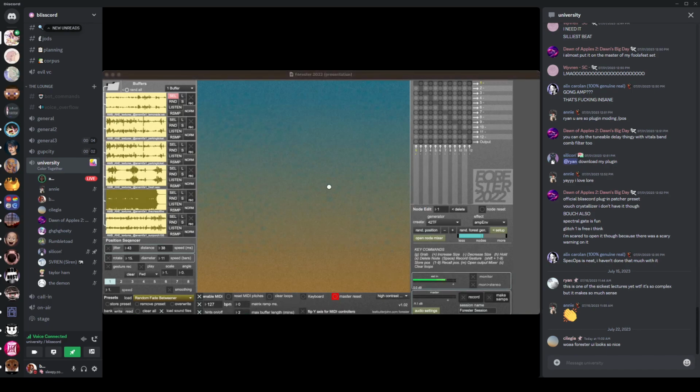All right. So today I'm going to be talking about drum sound design and glitch sound design with Forester. It's not a Max for Live device, it's just a Max device, a standalone thing, and it's like $20 or something. You can get it online, but basically you have these little nodes here, and there's either generators or effects,